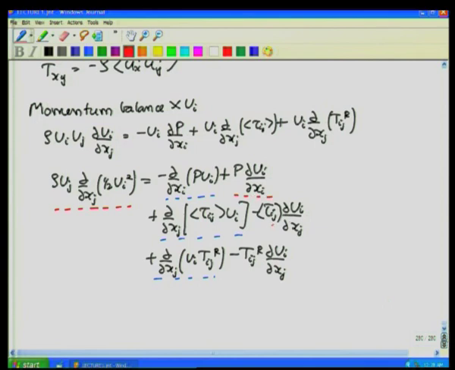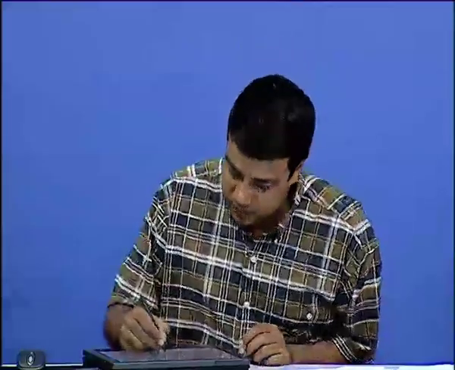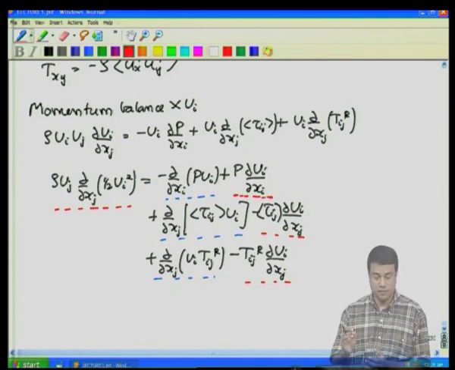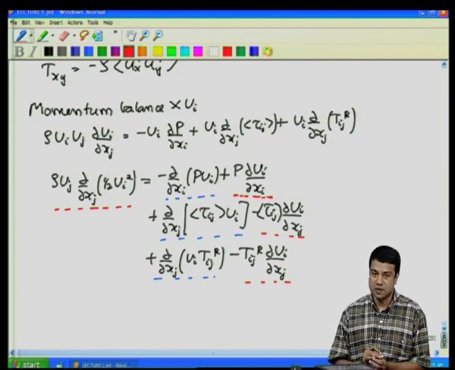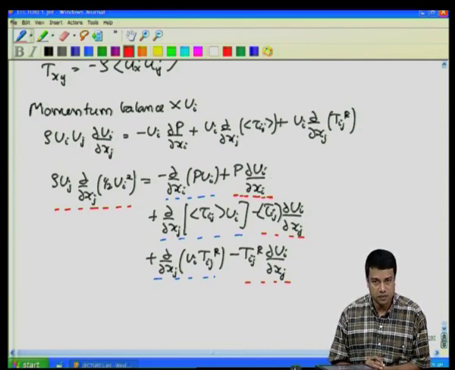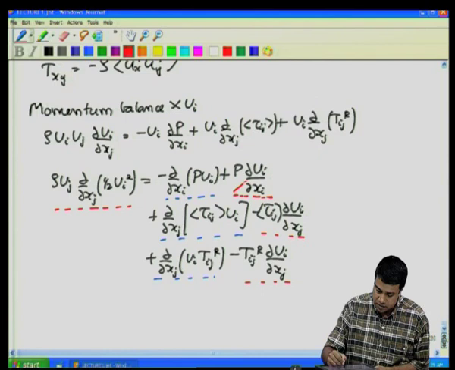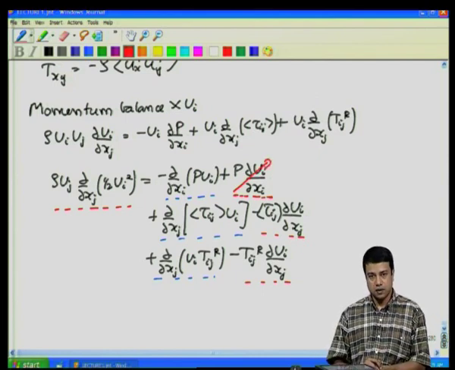The other three terms on the right hand side are all energy production or dissipation terms. They represent a net addition or a dissipation of energy from the flow. The first term on top, p times partial ui by partial xi, is the pressure work done. Of course, for this particular case it will be identically equal to 0 because the flow is incompressible. The divergence of the mean velocity is equal to 0. The next term below is the shear stress times partial ui by partial xj.